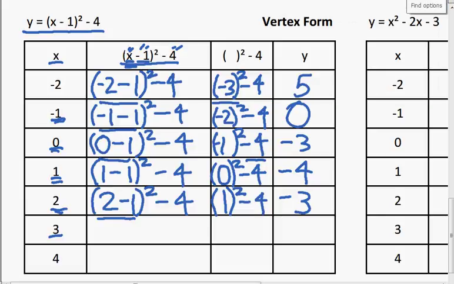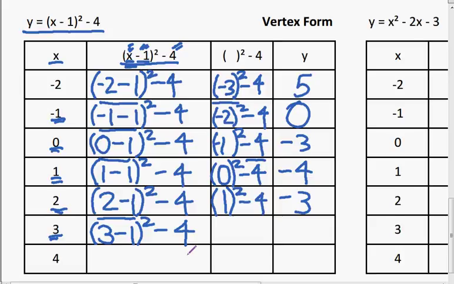Okay. Now, when you had x equals 3, where you see an x in the formula, you put a 3. We have minus 1 again, so we put minus 1. The minus 1 does not change. The squared does not change. And the minus 4 does not change. So,